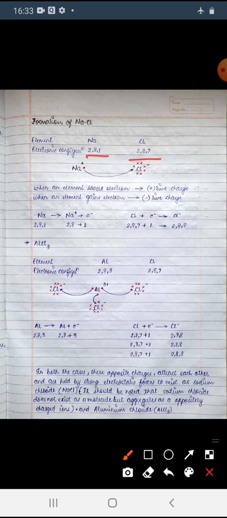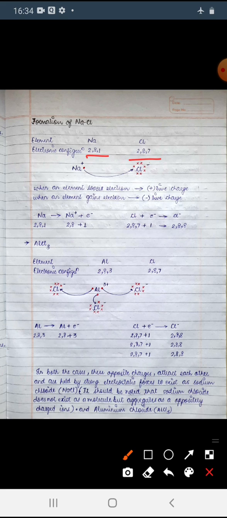But here it has another option, an alternative: it can lose one electron and it will attain the stable electronic configuration of the second orbit. Yes, it is the simplest way to obtain the stable electronic configuration of the second orbit. 2, 8 means a total of 10 electrons, so it is the stable electronic configuration. So here what sodium will do, it will